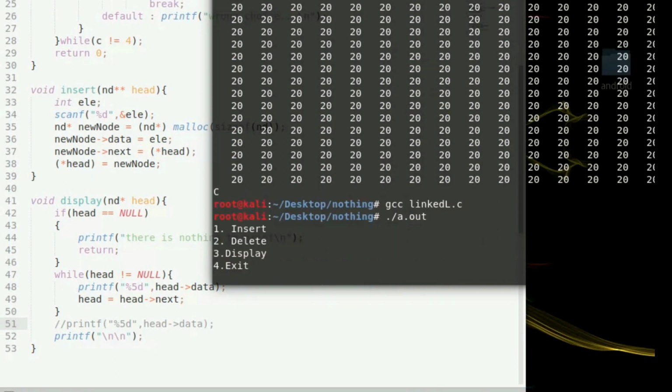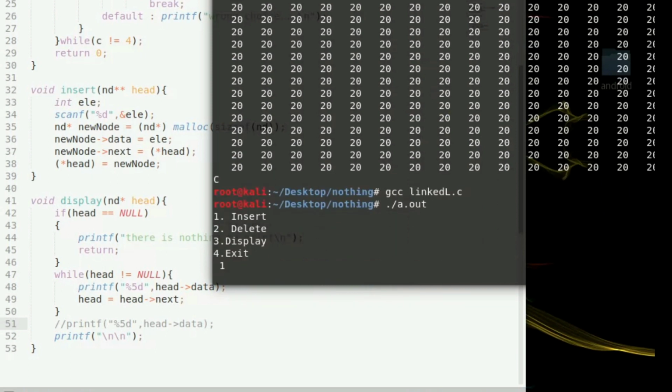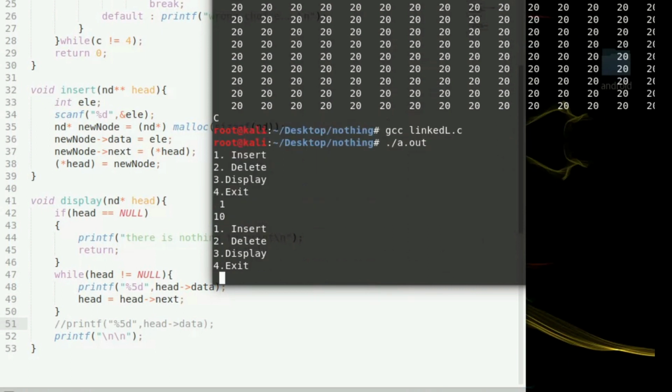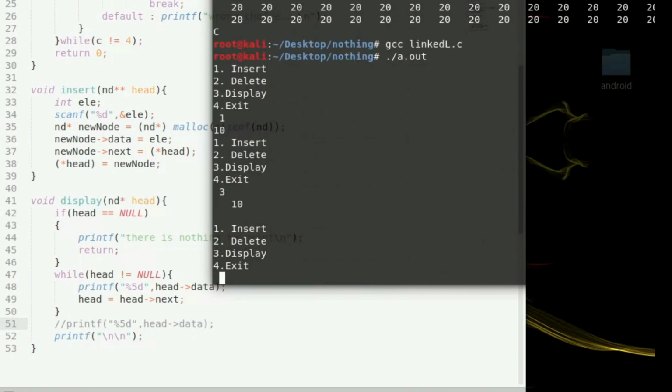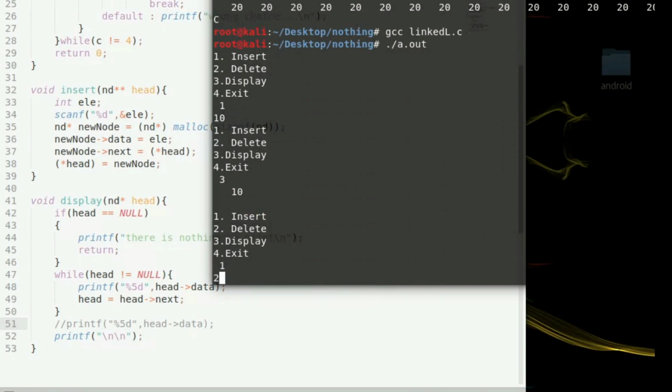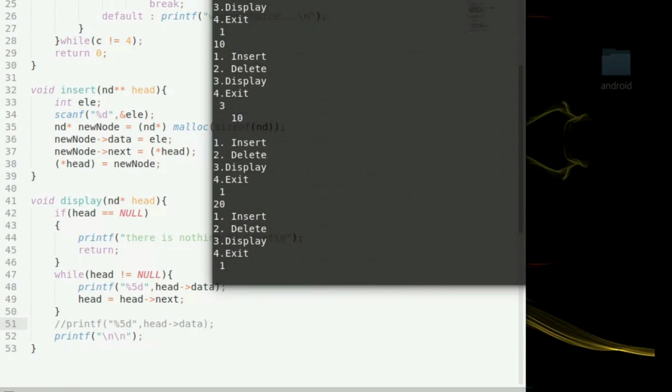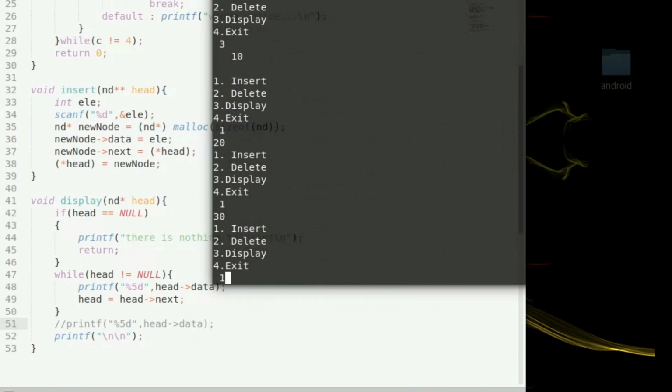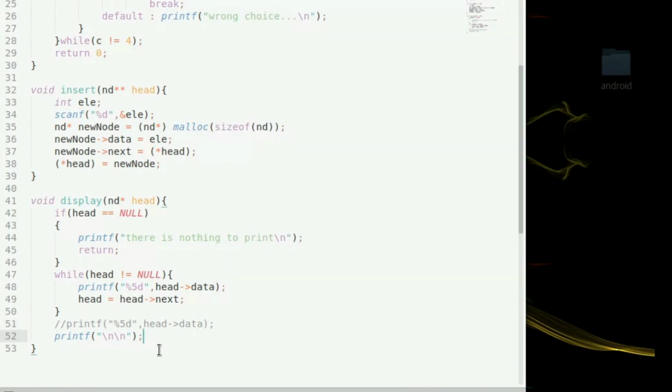So compile again, run, and insert 10, display, and 10 is there, it's fine. And insert again 20, insert again 30, insert 40, and let's display. So 10, 20, 30, 40. Okay, so all good. So I think that's enough for now,